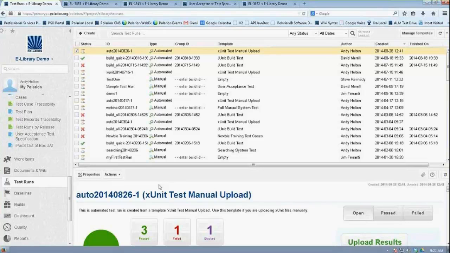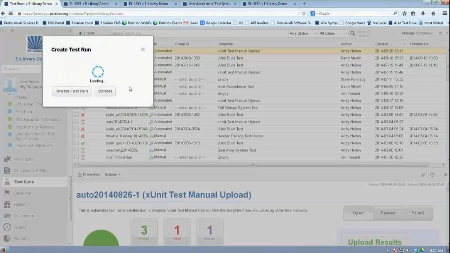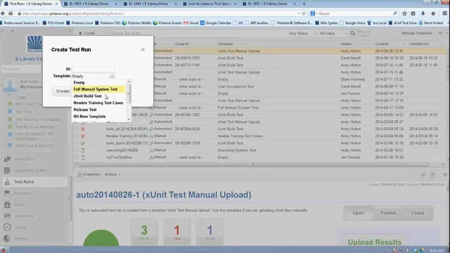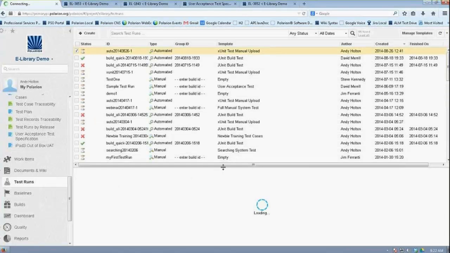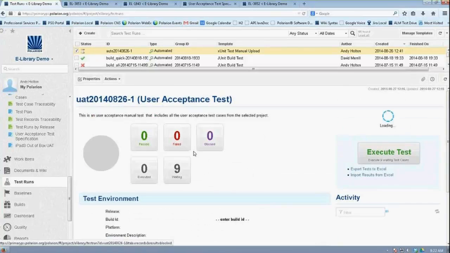Maybe I only want to run requirements that are based on a specific test specification, or want to run only those items that are related to a specific function. And what tools like Polarion do is they allow you to create test runs from templates. So I'll go ahead and I'll choose my user acceptance test. I'll say this is UAT 14.08, and I believe it's the 26/1. I'll create my test run,